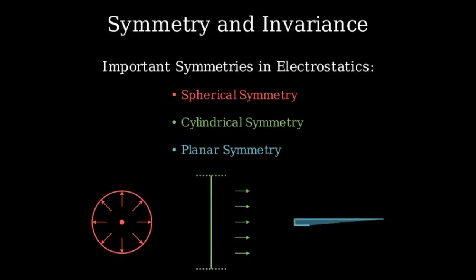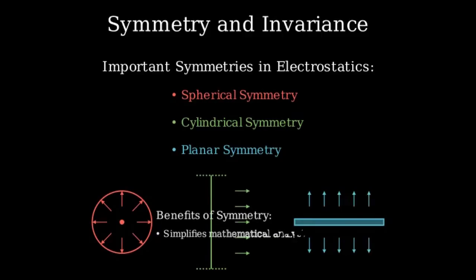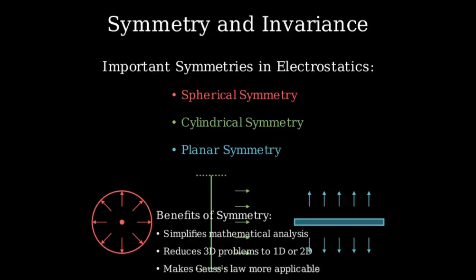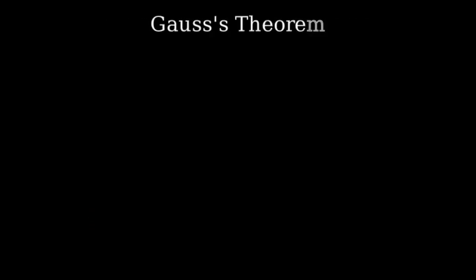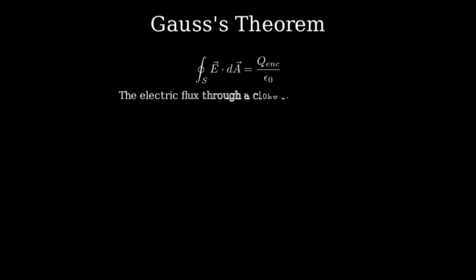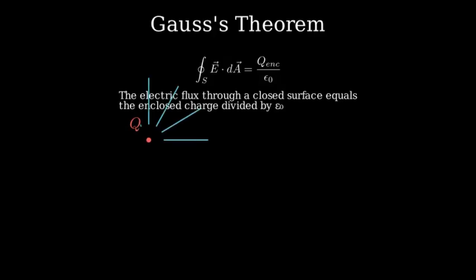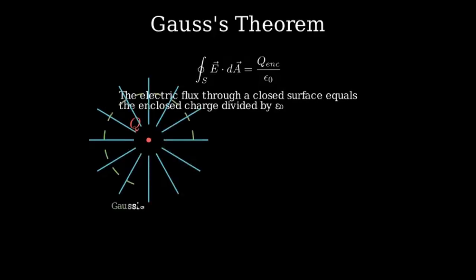Symmetry plays a crucial role in electrostatics. Spherical symmetry occurs when the charge distribution is spherically symmetric, like point charges. Cylindrical symmetry appears in systems like line charges and charged cylinders. Planar symmetry is found in infinite charged planes. These symmetries simplify our calculations by reducing 3-dimensional problems to 1 or 2 dimensions and make tools like Gauss's law